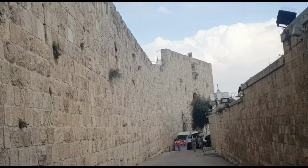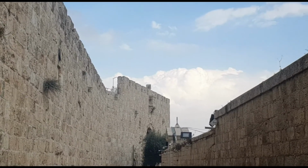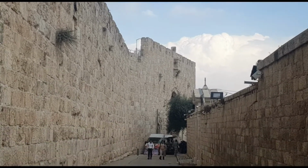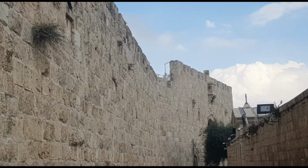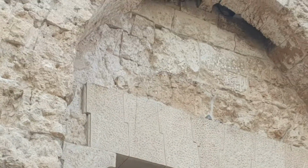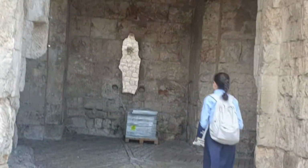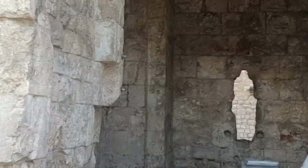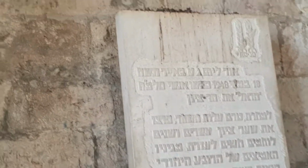Let's now tackle David's tomb. King David's tomb is a site considered by some to be the burial place of biblical King David of Israel. According to Christian, Jewish, and Muslim tradition, beginning in the 9th or 12th century, some 2 millennia after the traditional time of David, the majority of historians and archaeologists do not consider the site to be the actual resting place of King David. It is located on Mount Zion in Jerusalem near the early 20th century Abbey of the